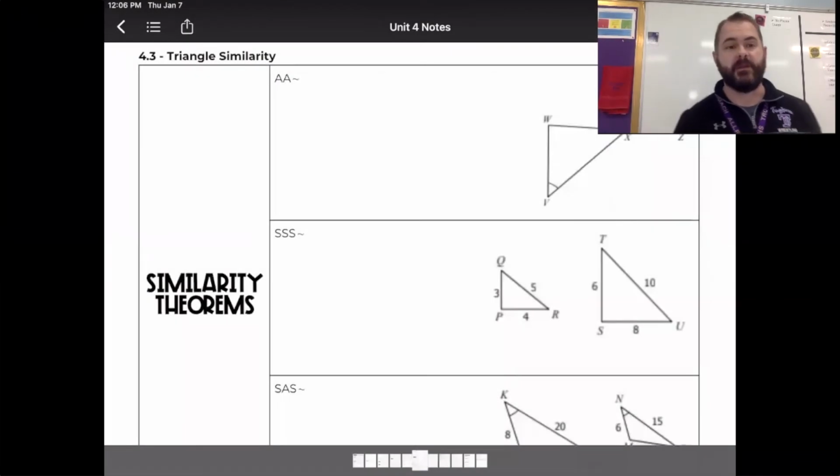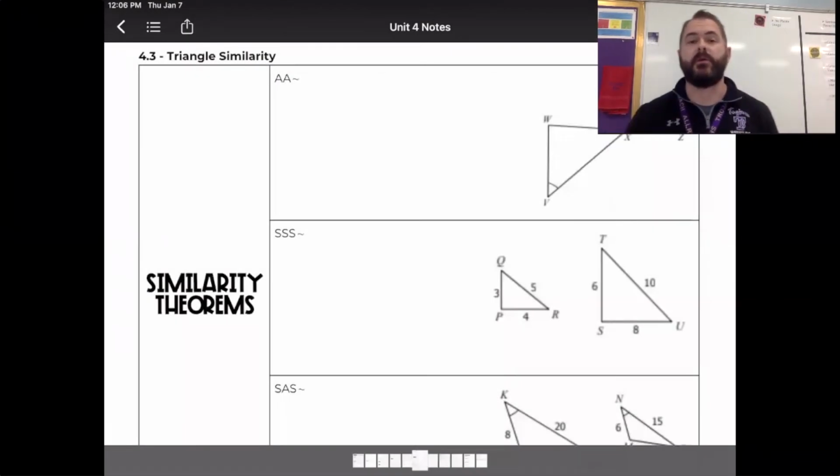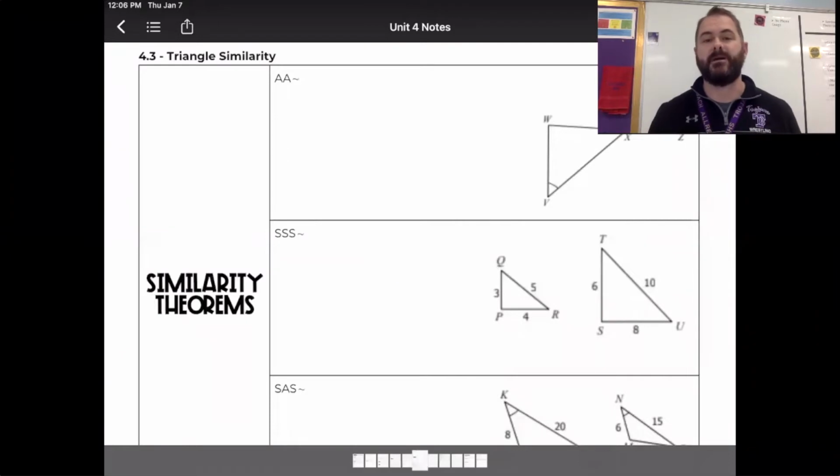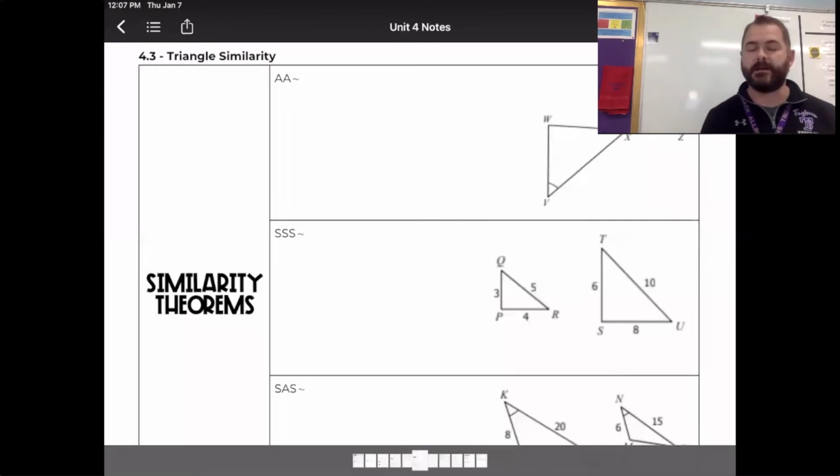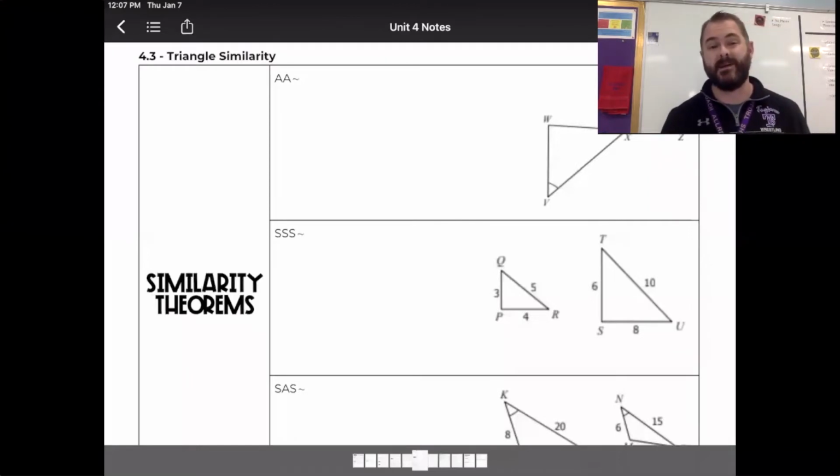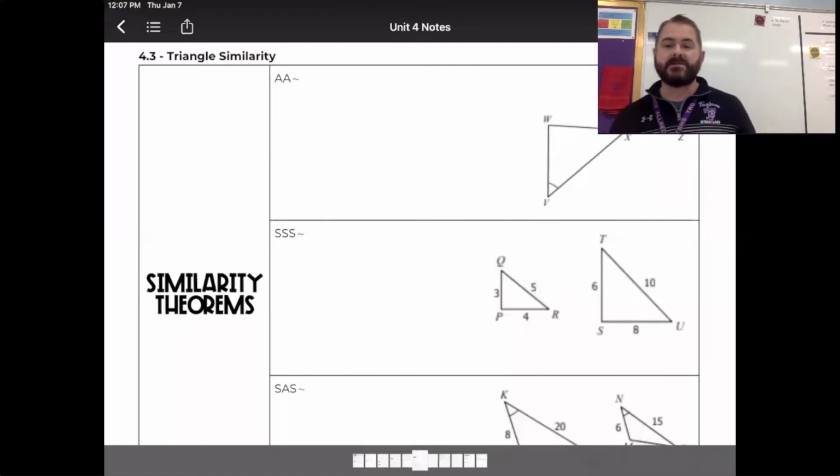In today's lesson video, we're going to be taking a look at day 4.3, and we're going to be talking about triangle similarity, specifically triangles. Last lesson, we talked about similar polygons and what it means for polygons to be similar. Today, we're specifically looking just at triangles. And triangle similarity, again,